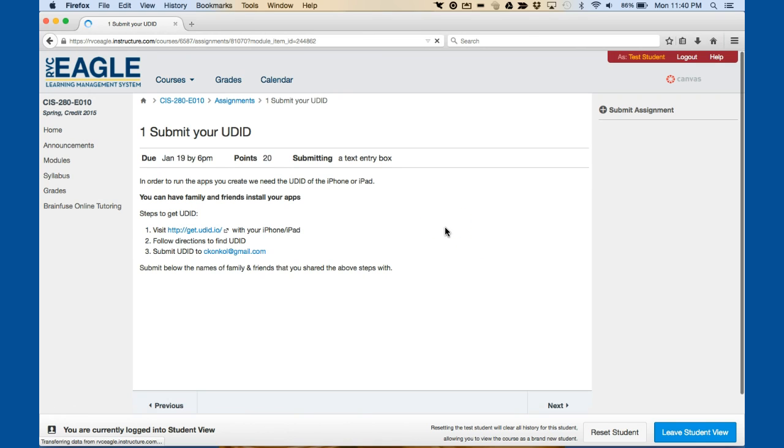Submit your UDID. In order to run the apps you need to create, we're going to need the UDID of your iPhone or iPad. Here are the steps of how to get the UDID from your iPhone or iPad. Just follow these steps. Give them to your family or friends that you want to help test your apps or to create an app for during the semester. And then you'll submit below the names of family and friends that you shared the above steps with. Next,